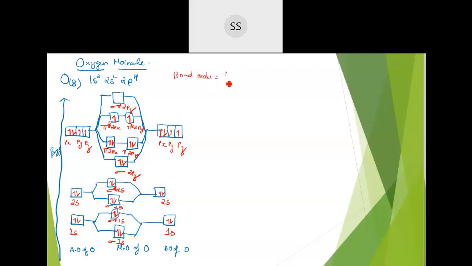is equal to half of number of electrons. You can count here 1, 2, 3, 4, 5, 6, 7, 8, 9, 10. Altogether 10 are there in the bonding. Anti-bonding you count. Here 2. This is 2. Okay. Star 1 so 2. And then here 2. Sigma 1s is having 2. Sigma 2s, sigma star 2s is having 2. Then you are having pi star 2px and pi star 2py. So altogether 1, 2, 3, 4, 5 and then 6. Okay. So that will give you 2.